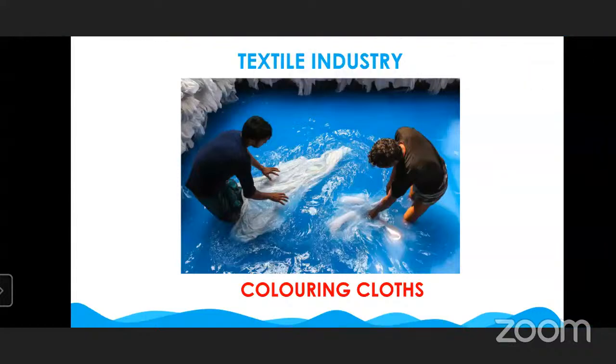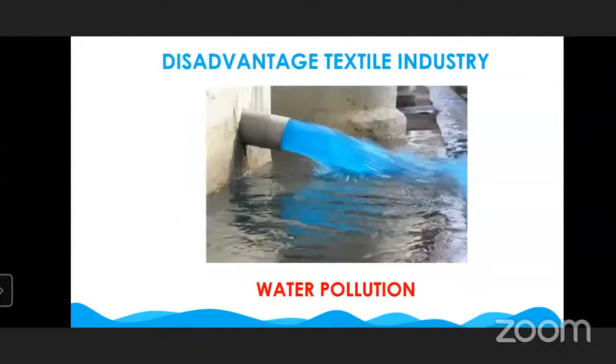But while using this water in factory, we forget one thing. That is, we pollute that water. This one is a disadvantage of water in industry. Wastewater from manufacturing or chemical processes in industries leads to water pollution. We should recycle this water and make it useful for agriculture. Did you understand?